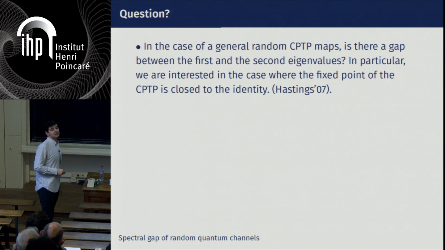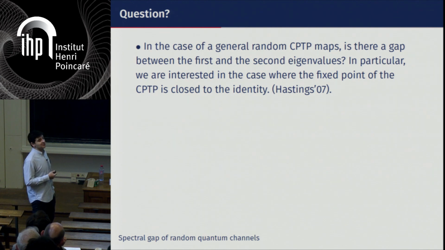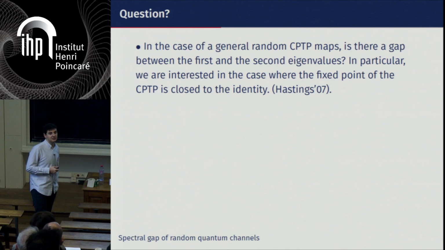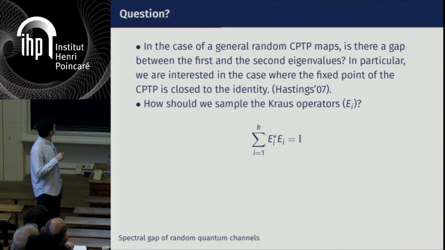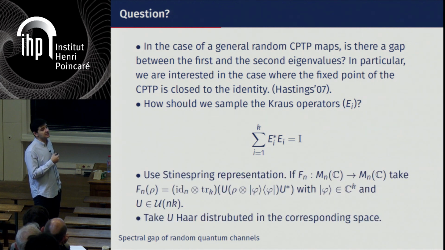Okay. So then the question is, what happens if we have, instead of a unital channel, a general random channel that doesn't need to be unital? Can we bound the difference between the first and second eigenvalues? In particular, can we show that the fixed point is close to the identity, has large entropy? This is a question that Hastings posed in this paper, actually. And the question is, if you want to do general random CPTP maps, how do you sample the Kraus operators? In principle, you have to preserve this condition, and the easy way to preserve it is just using the Stinespring representation and sampling